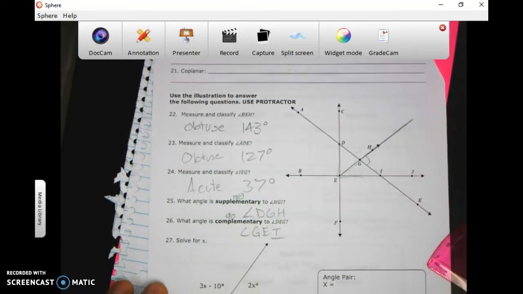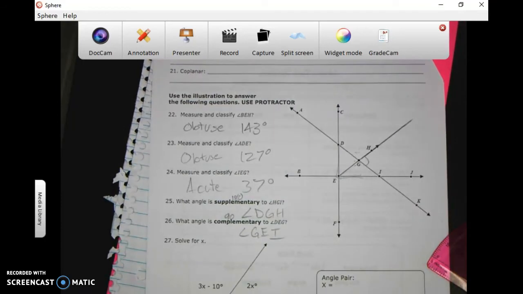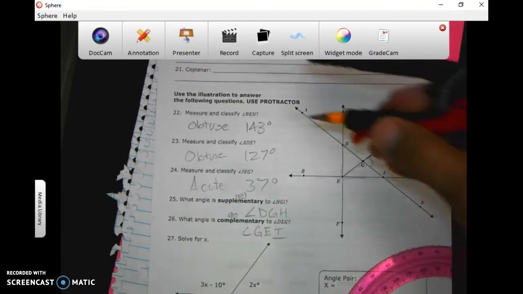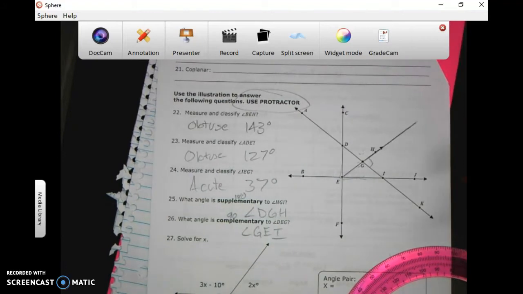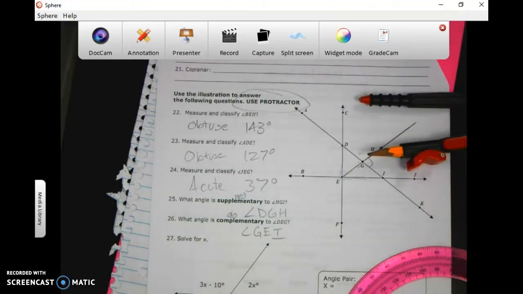Okay? So I know how to do that one kind of by hand to show you, but on these, I'm going to use a protractor. On your test, you're going to have to use a protractor. Switching back